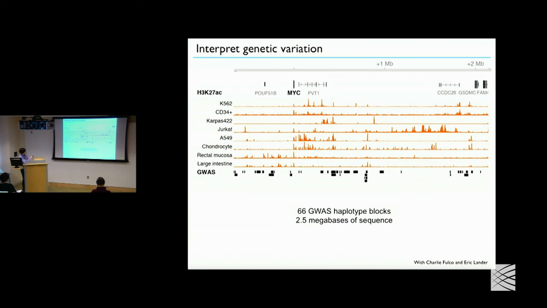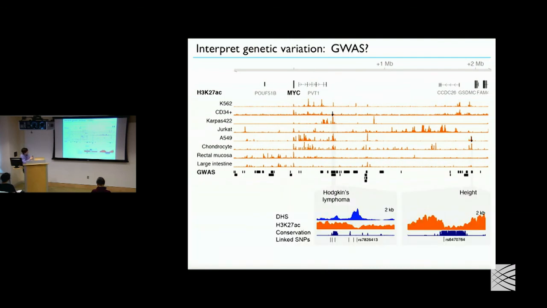And it turns out if you do genome-wide association studies, there are all sorts of regions that pop up as associated. It wasn't exactly clear that all of these should necessarily regulate MYC, but now, given this model that enhancers even out to 2 megabases away can actually regulate MYC, it seems that many of these regions might actually be associated with various, say, cancer or immune phenotypes because they're affecting cell type specific enhancers that regulate MYC.